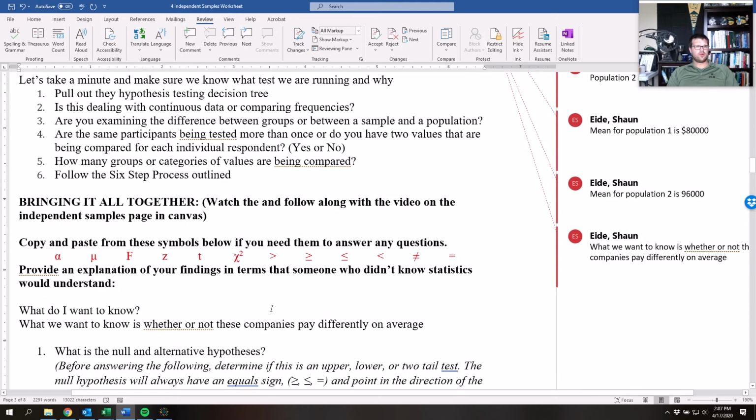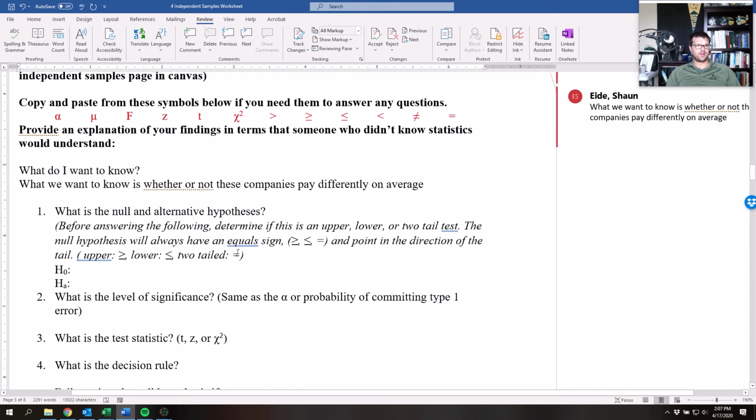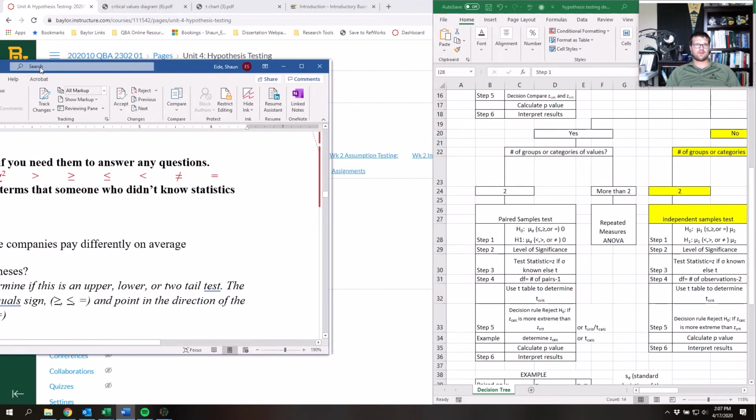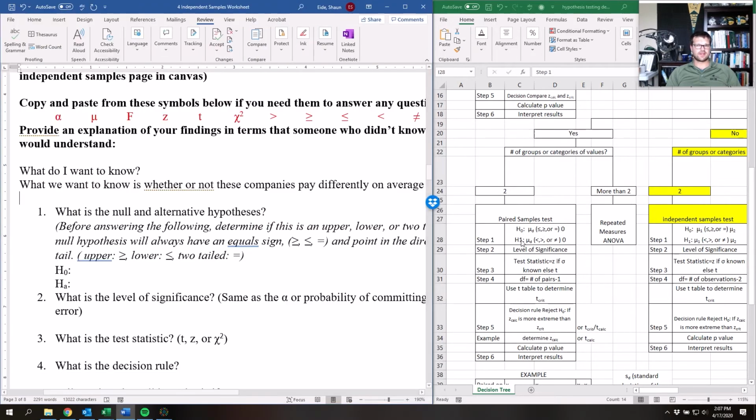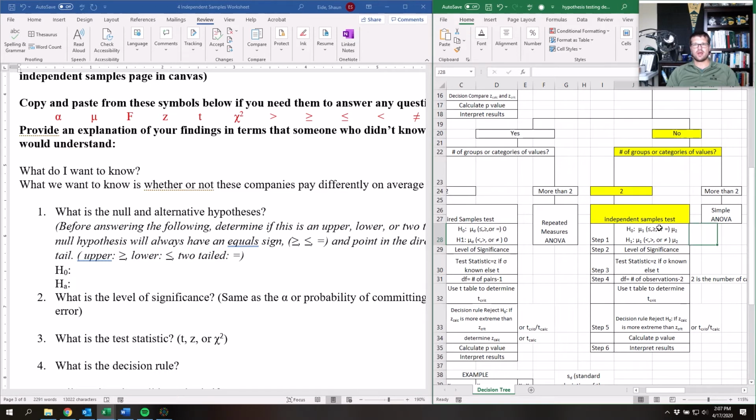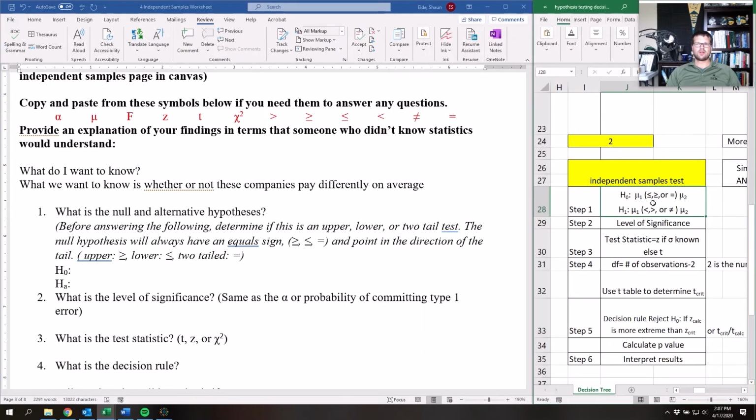In order to find how to write the null and alternative hypothesis, this is a little bit different than the single sample test. With the single sample test, we were comparing a sample to a population mean, but this time we're comparing a population to a population. Mu1 is less than or equal to, greater than or equal to mu2. In other words, sample 1,